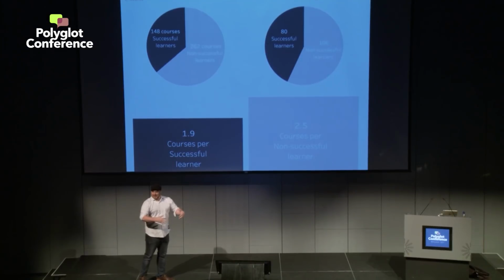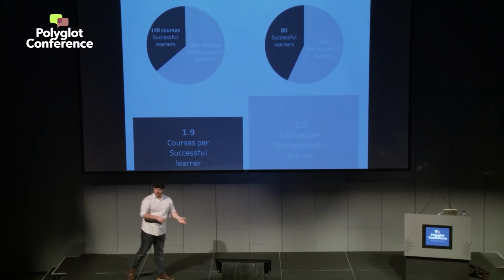They would start a course and they were being such perfectionists that they would be like, this course isn't solving all my problems, I'll start a new course. And they would try that course and it wouldn't really solve their problems either, so they'd start a new course. Whereas the successful learners would accept no course is perfect, so maybe if I try an average of 2 courses. And it's not super conclusive, it's not very scientific because there's all sorts of other problems that you need to have confidence in. But this was my first little experiment into data science, something that I could learn from and see how I can apply elsewhere.